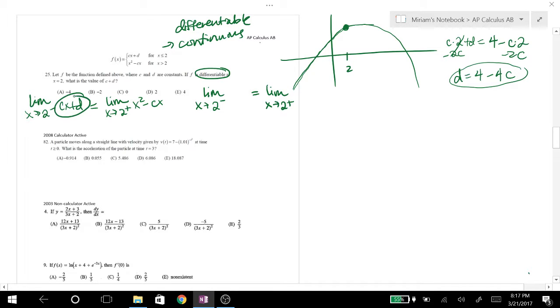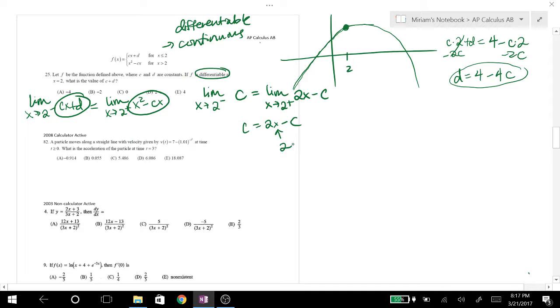So let's take the derivative of cx plus d. Remember, cx plus d, c is a number, d is a number. So the derivative of that is c. The derivative of x squared minus cx is 2x minus c. And that just means I'm going to set them equal to each other